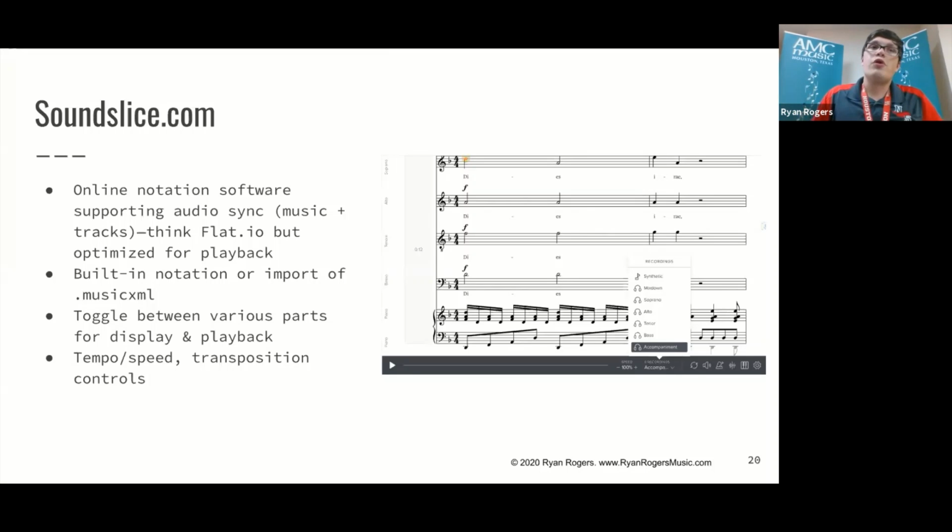Also, you have control over tempo and speed and transposition if you're using the playback of a MIDI file. So we definitely use SoundSlice a lot at North Shore, but we kind of are planning on using it in conjunction with Soundtrap. So SoundSlice would be used for students to practice independently, or for us to screen share on a live synchronous